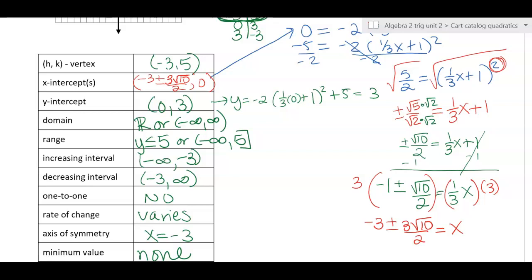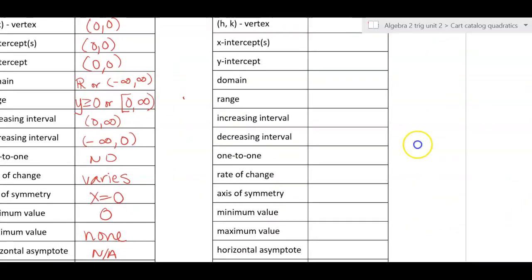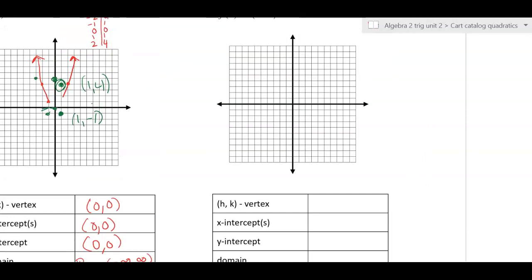Is that okay with everybody? All right. Okay, go back and do the Algebra 2 one in your groups. So the other one on